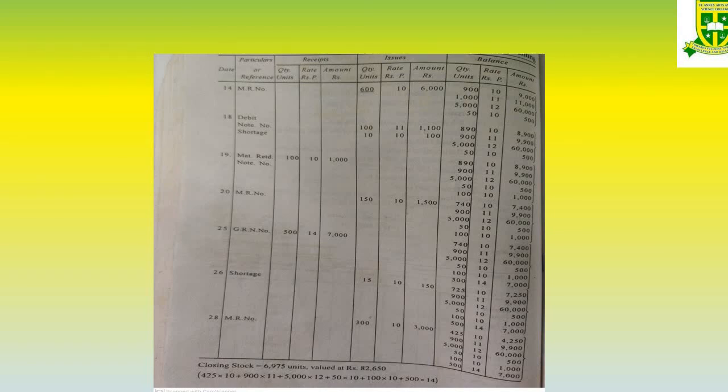And the next one is when there is a return from within the company. When doing a process, there may be excess goods, so they will return them. That is a normal entry where we make an entry in the receipt column, because our goods are added to our store. But we have to look at the date on which we issued it. By looking at the issuing date, we can find out from which stock we used it. The rate has to be taken from the issuing date, not from the first in first out method. These are the three things to look at in the adjustment.